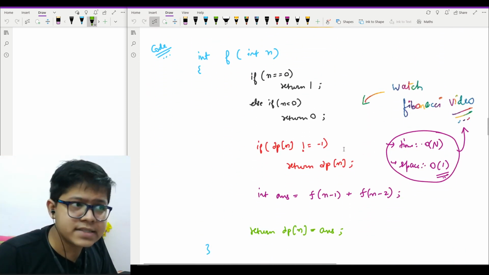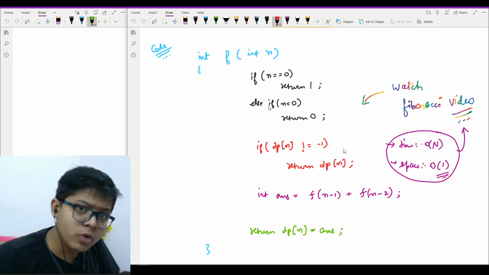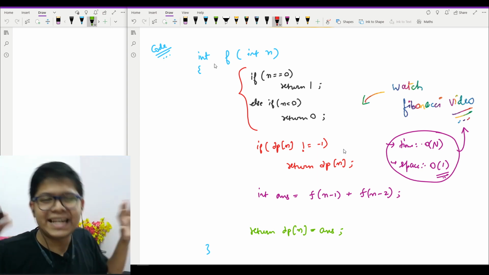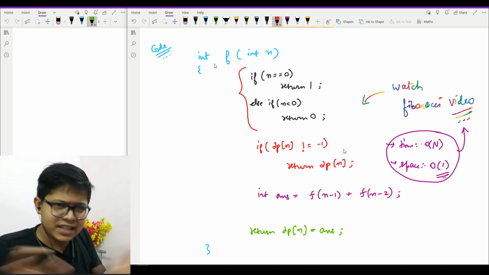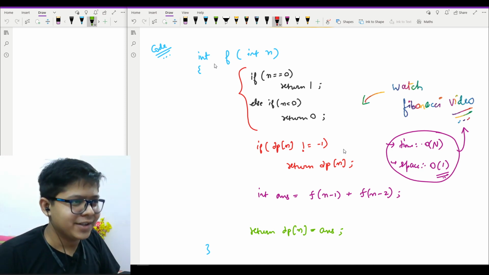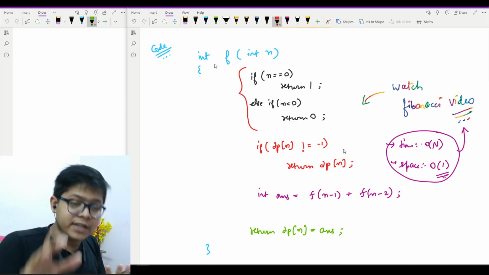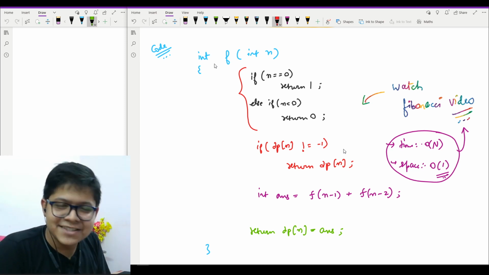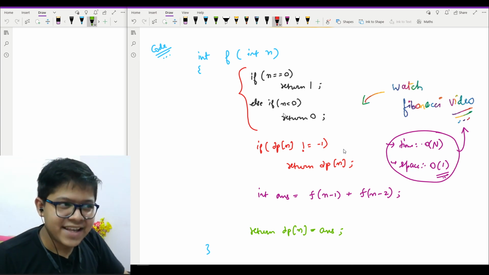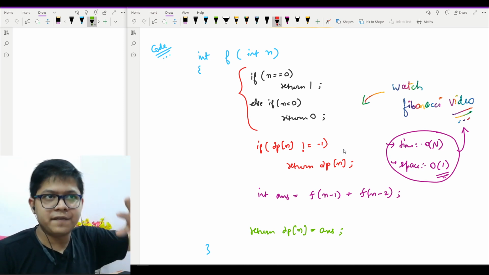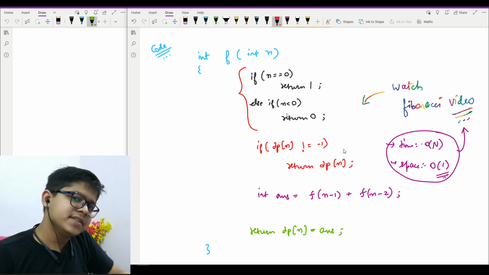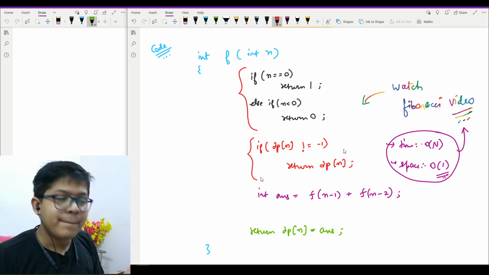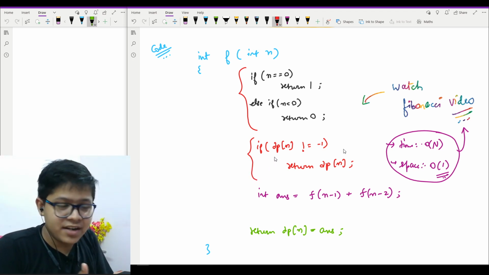Pretty simple, pretty easy. It's a top down code. First is the function, which I take the function name as f, because I don't want big names as such. But in interviews I highly recommend having a proper, good name, because it shows your writing skills, right? So it's the base case which we checked earlier: if n is equal to 0, then I will return 1, and if n is less than 0, then I will return 0, because it will never contribute to my answer. Then the memoization part, which we do in DP in general.